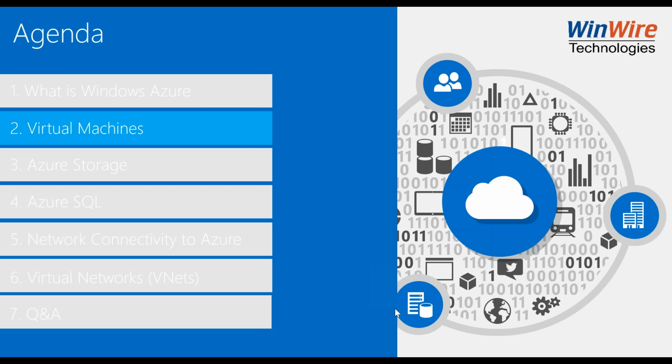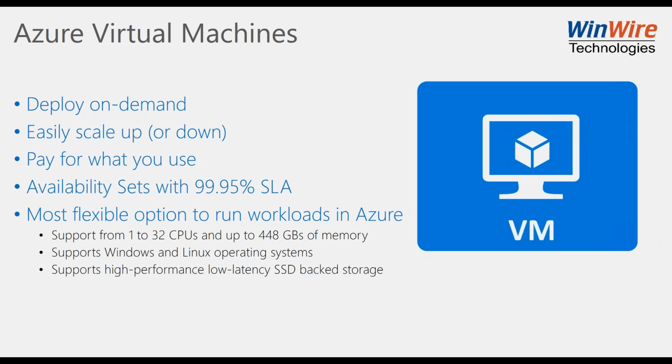And what I want to jump into right now is really one of the base concepts of Azure, and that's the infrastructure as a service, or virtual machines in this case. So some of the advantages, you can deploy them on demand. You can scale them up and scale them down, right? So for instance, we'll show the different SKUs that are available and how you can auto resize them. You're paying for what you use. So for instance, when you are running, you can allocate so much CPU, you can allocate so much memory, so much disk space, and you're using it. We're going to talk about availability sets, which basically allows you to scale out your virtual machines. And it's just some of the options to run workloads.